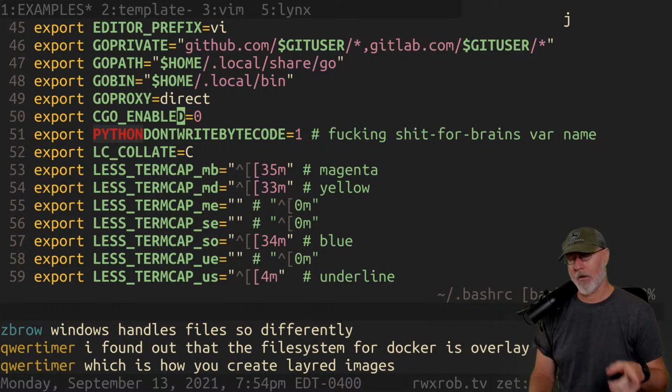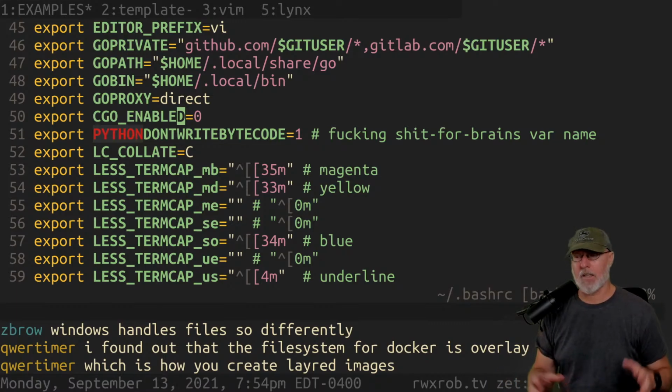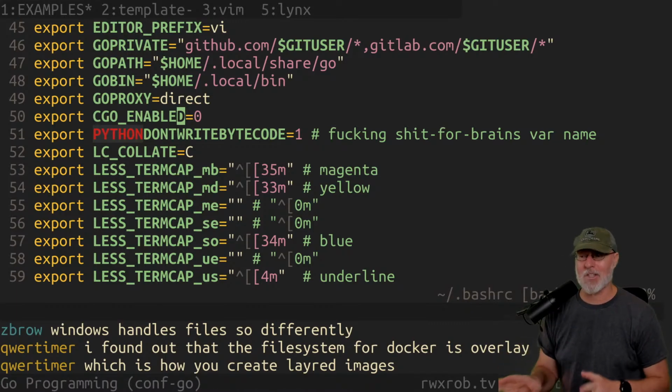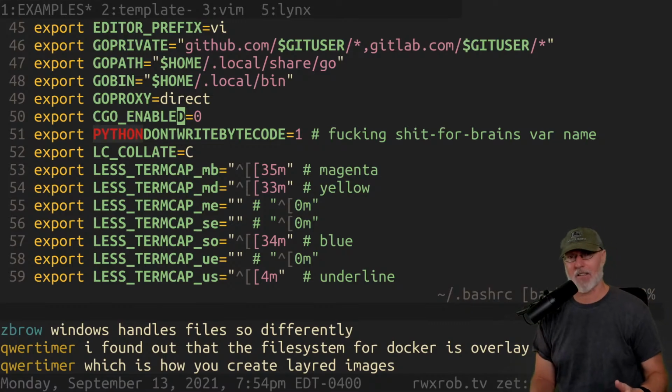You put CGO_ENABLED=0, and that means your code in Go will not compile if it requires cgo. And that's a long story about what cgo is. The short version is Go is 100% compatible with C. You can literally write C code and do import "C", capital C, and it will run it. You can mix Go and C code together. It's really amazing. I mean, when you see it, you just will not believe it. You can't tell whether it's C code or Go code because it's both. It's super amazing. You can literally write Go files that have nothing but C in them.